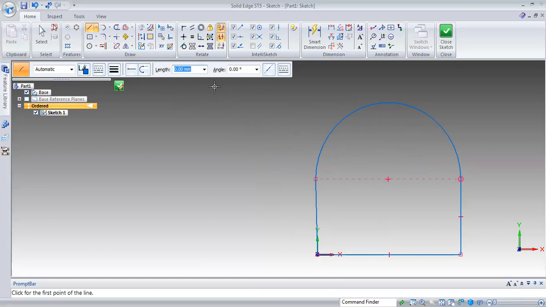So this is one method of creating the object.